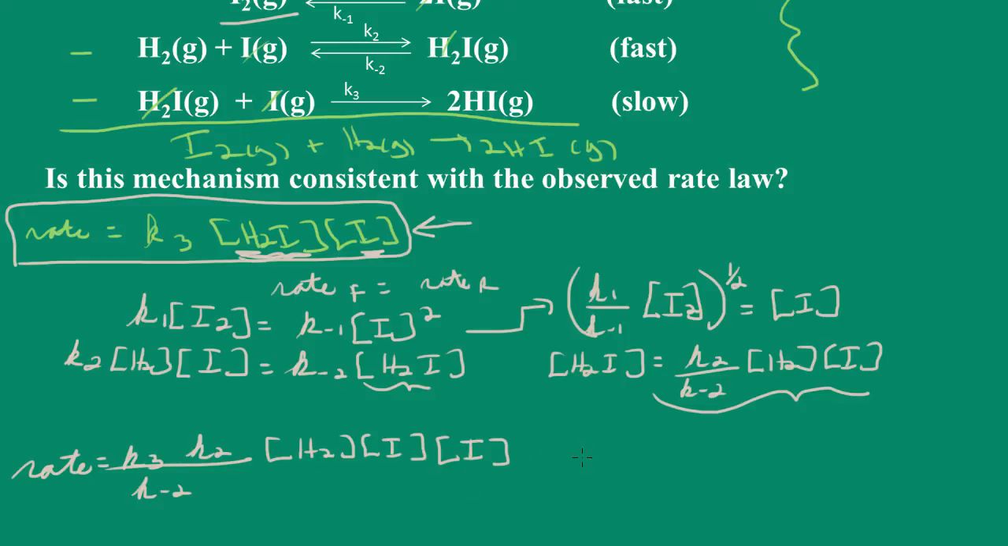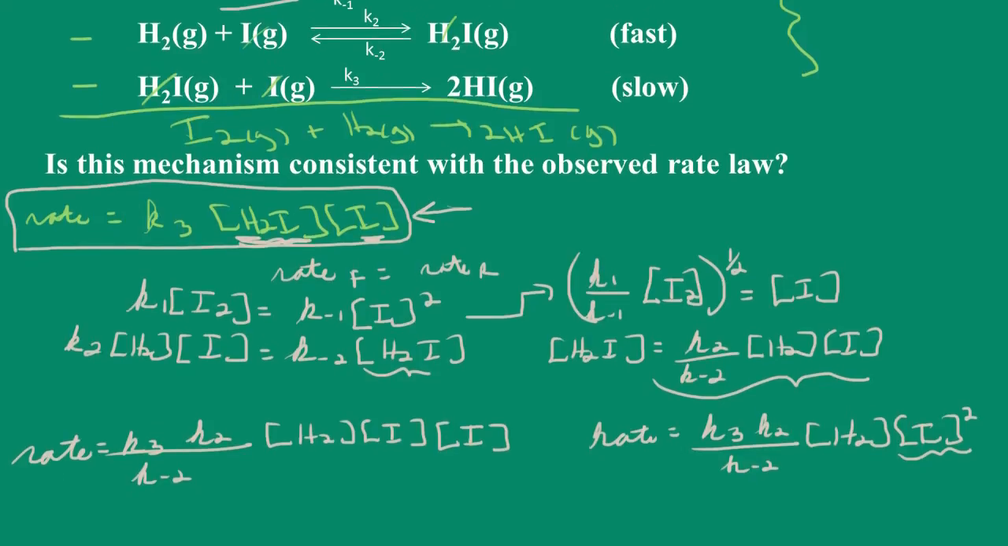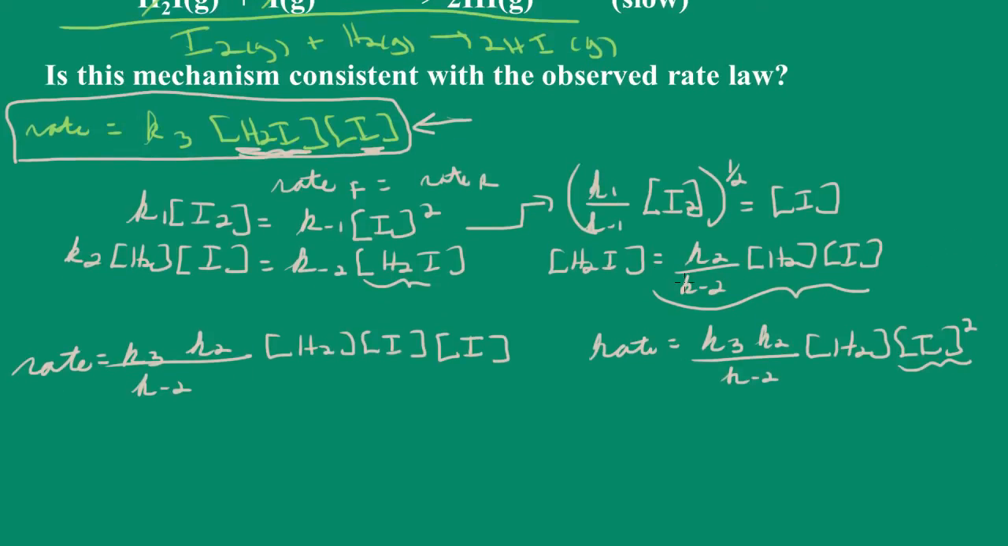And then I'm going to clean this up a bit. So I have my rate is equal to k3 k2 over k-2, and we have this in terms of hydrogen, which is a reactant, and we have this species here, squared. So now I have to eliminate this. What I can do then is substitute this in for this. So let's go ahead and do that. So rate is equal to k3 k2 over k-2,